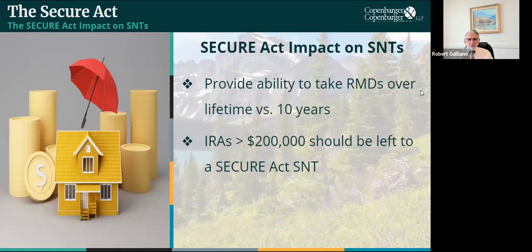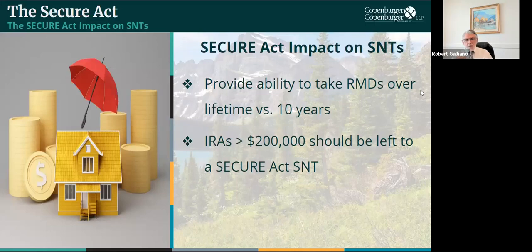Secure Act. We have webinars on the Secure Act, but I want to bring this to everybody's attention who has a special needs trust. The original Secure Act, passed a few years ago, was followed by Secure Act 2.0. What is the impact of the Secure Act on special needs trusts? Well, generally the major impact was the following: if you inherited an IRA,